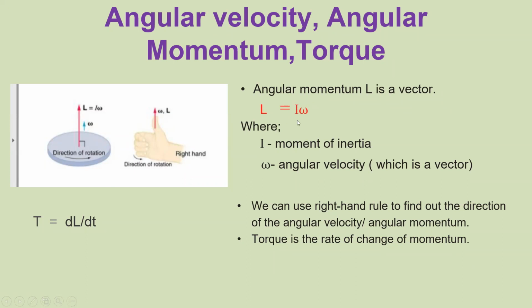This moment of inertia, I told you, is dependent on the shape and how the material is constructed. Those are not usually changed unless there is a temperature change or any other chemical change. So usually if an external torque is not applied, the angular momentum will be conserved. This principle is used in some gyroscopes in order to measure orientation.